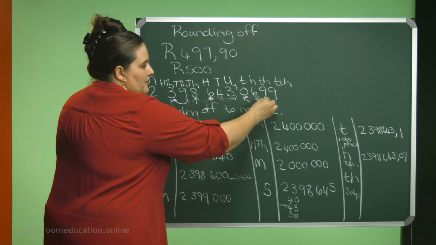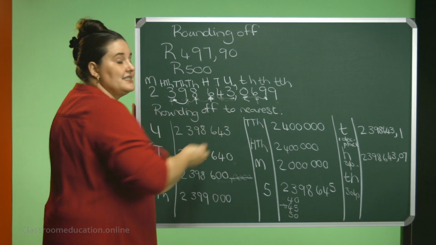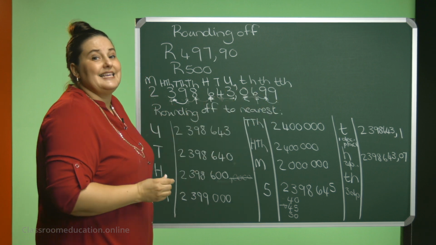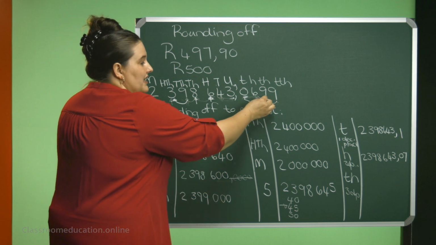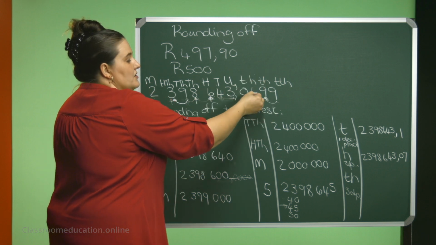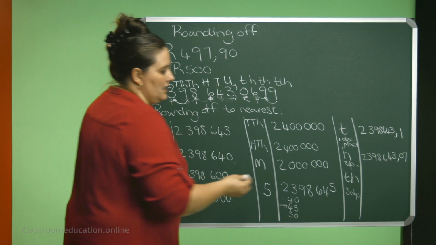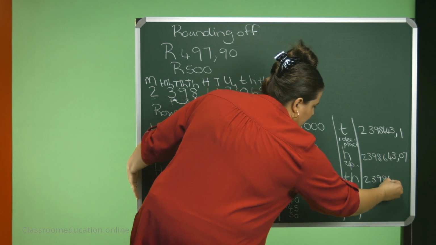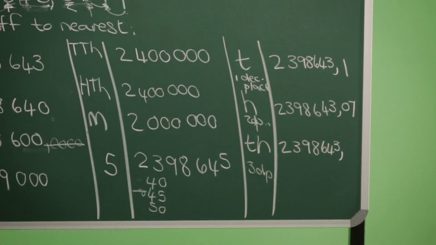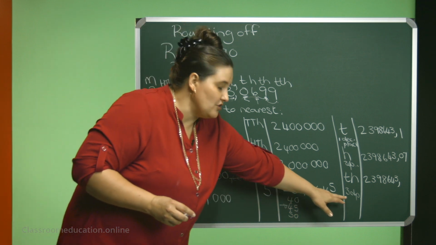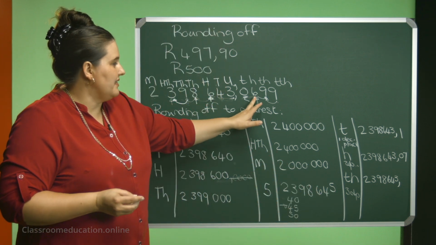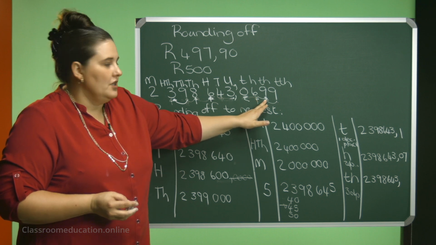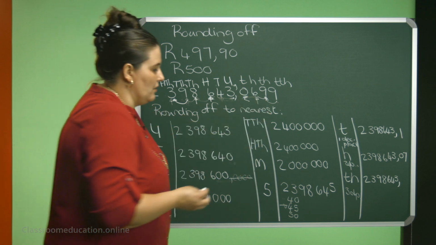There's the thousandths, the rounding position. Look at the value on the right-hand side of the rounding position. Will the 9 increase that 9? Yes. And once it's been increased, I need to carry over because the 6 will change to a 7. So it will be 2,398,643, comma. What will be your places? You need to have 3 decimal places. We said that this will become a 7. And that one will become actually a 0. So it will be 070.